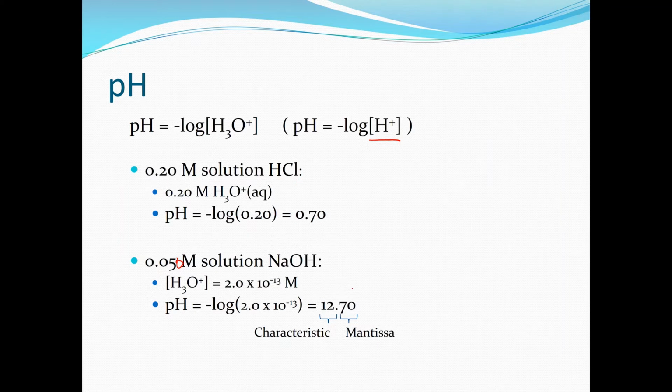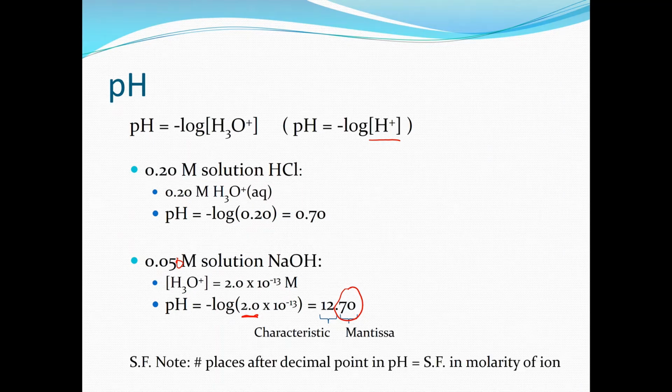And so this is actually the only part of that pH that's significant. And so the fact that we have two numbers after the decimal place and two numbers in our concentration is actually the correct way to deal with that number of significant figures. And so basically the rule, if you're looking at pHs or other kinds of things, pOH, pKa, that we're going to talk about later,